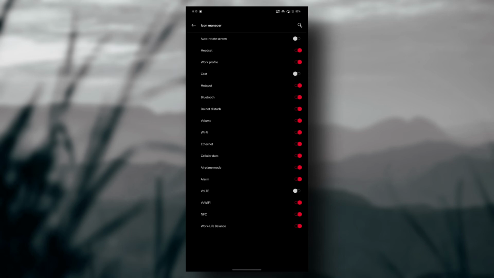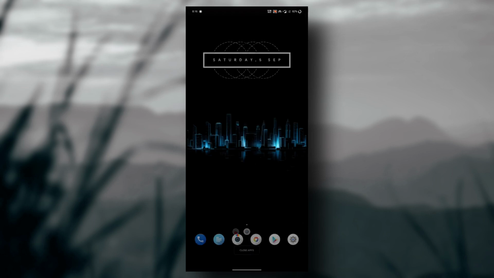When you purchase a OnePlus device, the NFC is pre-enabled, so the icon is always displayed on the status bar. So if you want to use the NFC but don't want to show the NFC icon, you can hide the icon by unchecking it. You can show or hide whatever icon that you want to display on your status bar. You can also change the battery style if you want to show the battery percentage, or the network speed, all the status bar settings that you can do here.